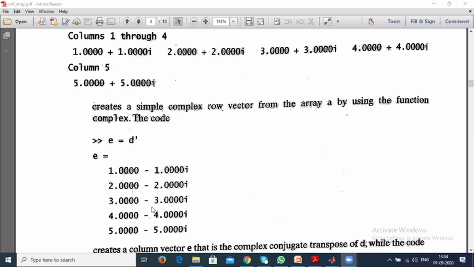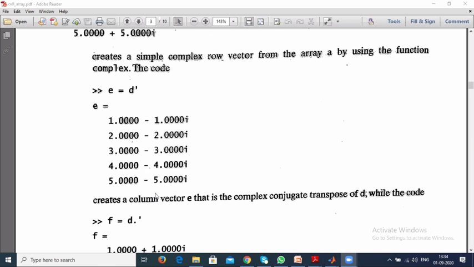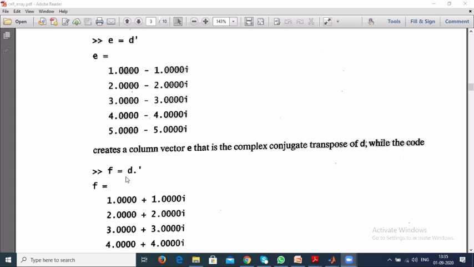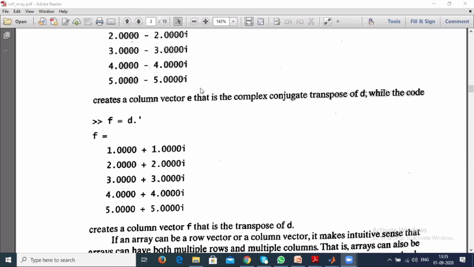If I don't want that, I have to write F equal to D dot transpose. In this fashion it will generate only 1 plus i, with rows converted into columns and columns into rows.